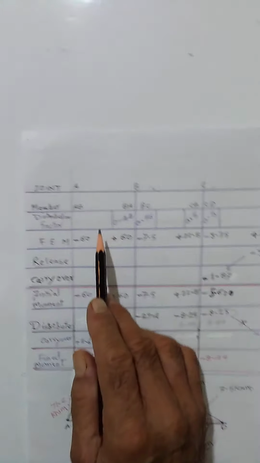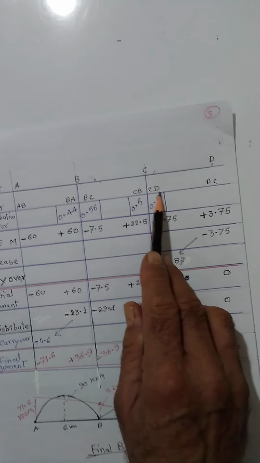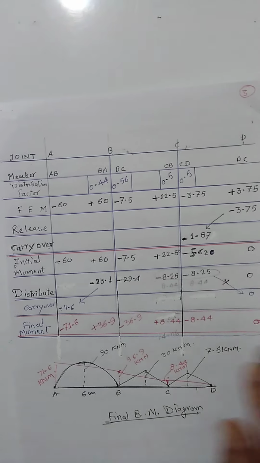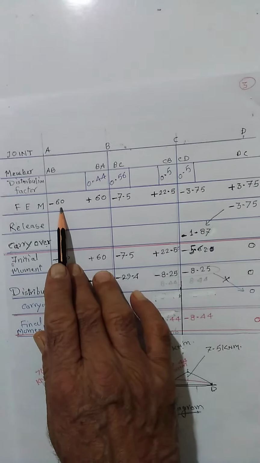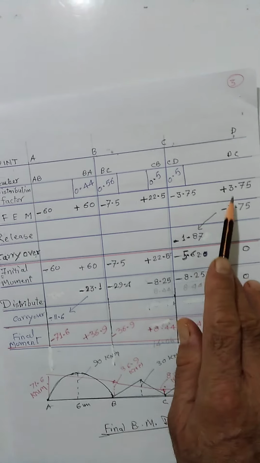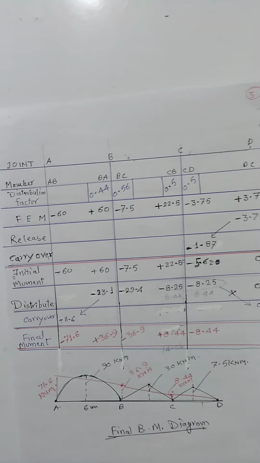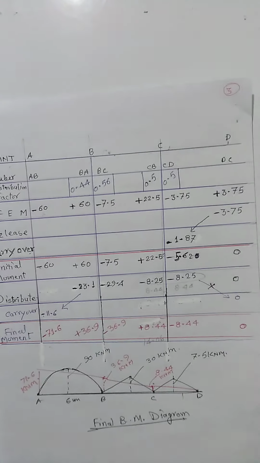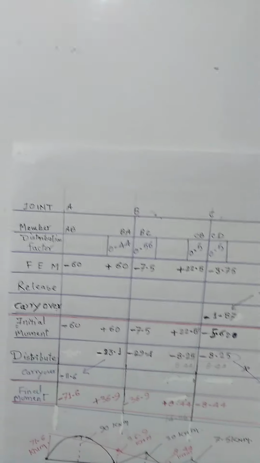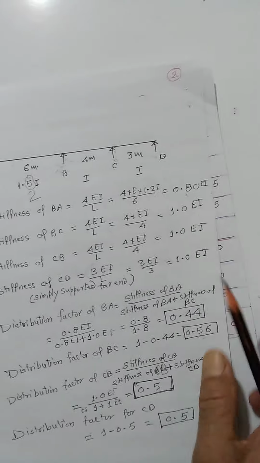Then the members, starting from AB, BA, BC, CB, CD and DC. Now the fixed end moments we have already calculated over there: minus, plus, minus, plus, minus, plus. Now, we know that when the final support is there, that we have already seen over here,